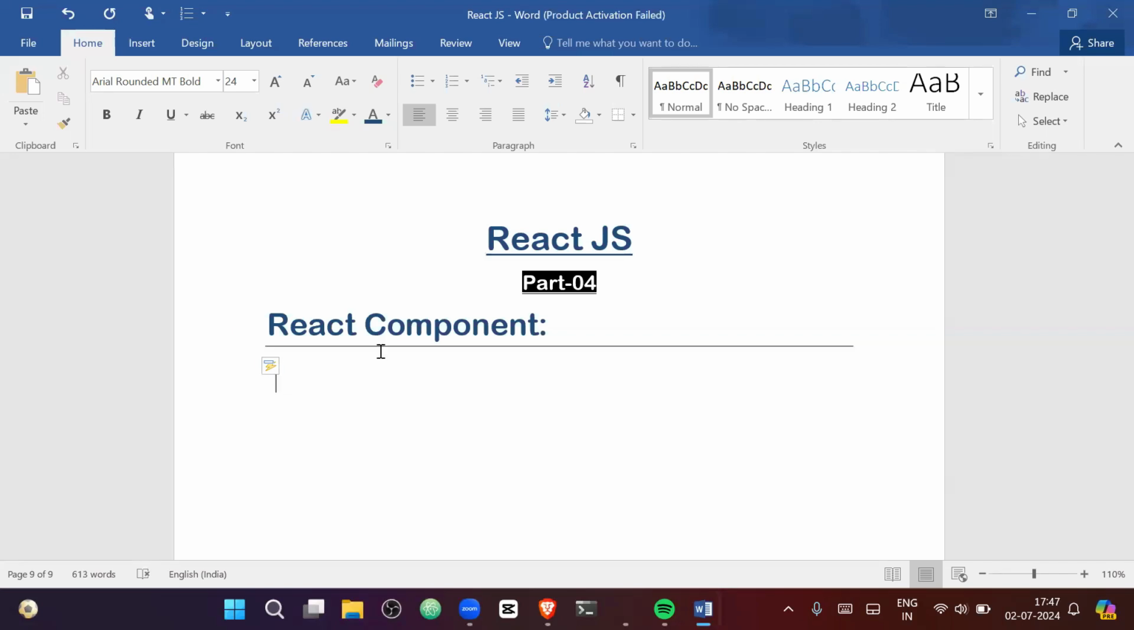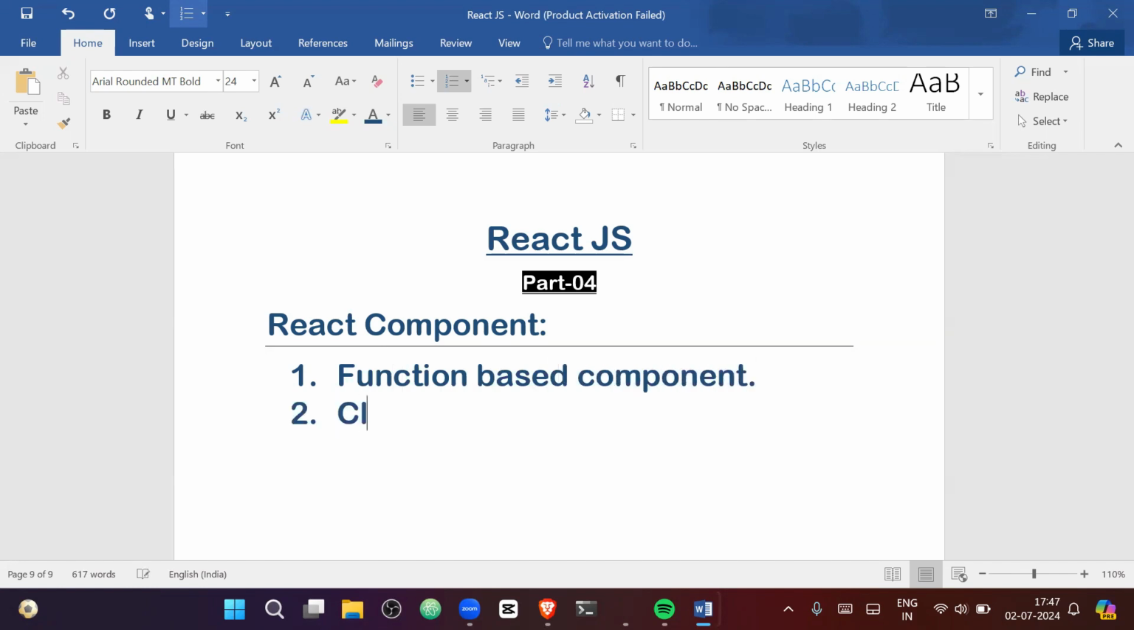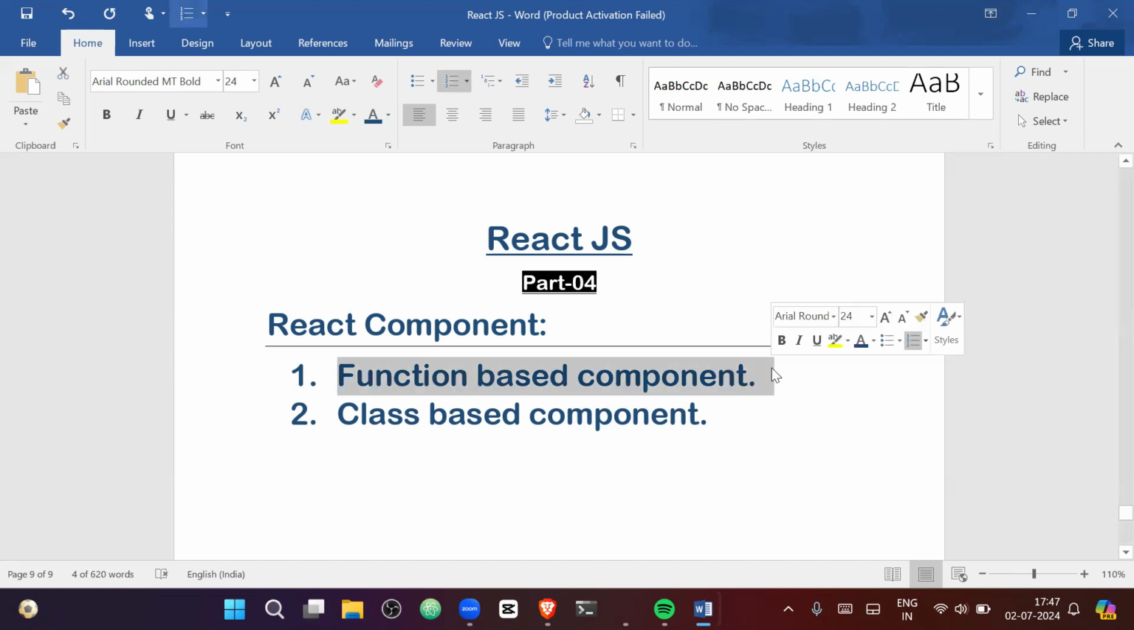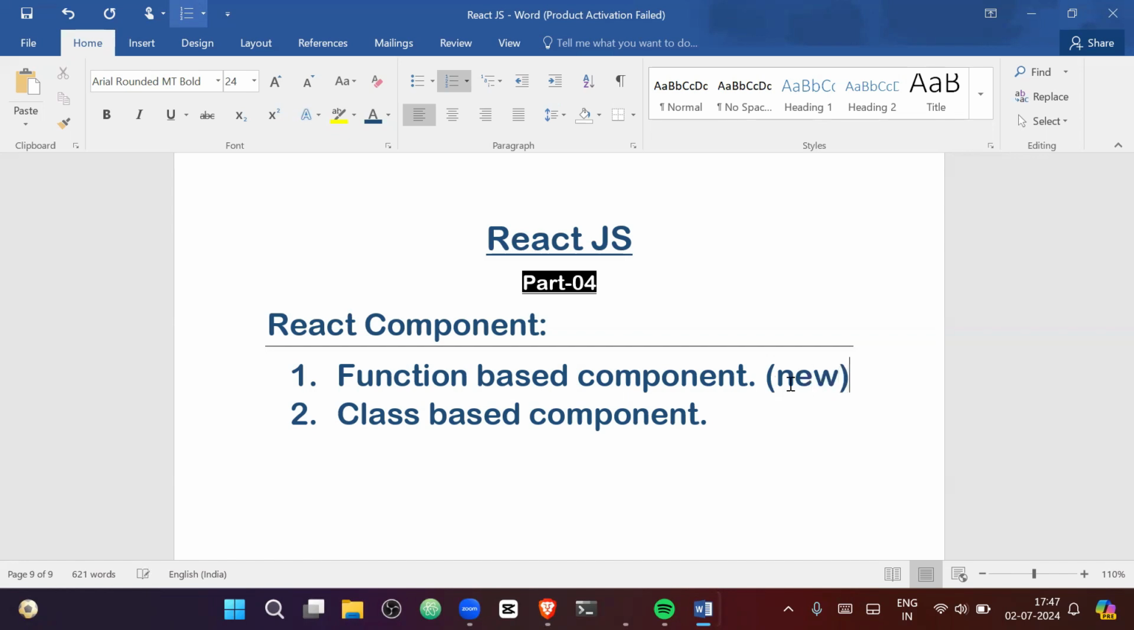The first one is function-based component, and the second one is class-based component. We already discussed function-based components, and today we will discuss class-based components. Also, we will create a project as well. But this function-based component concept is new, and the class-based one is, we can say, the old concept